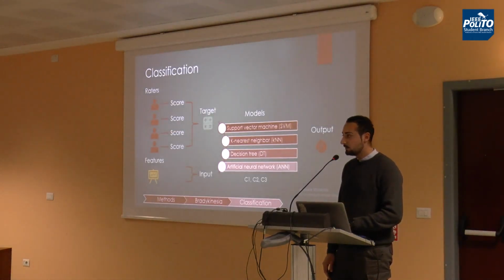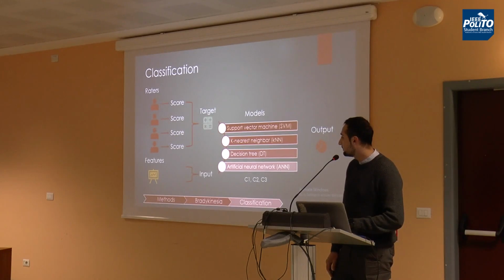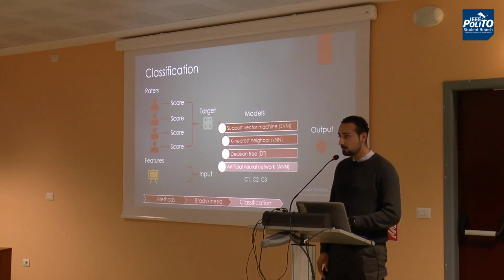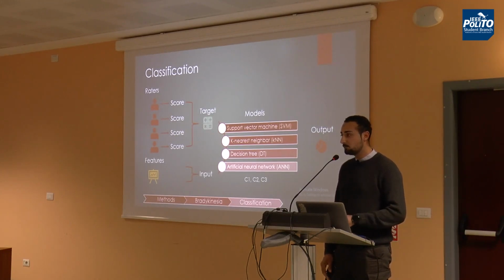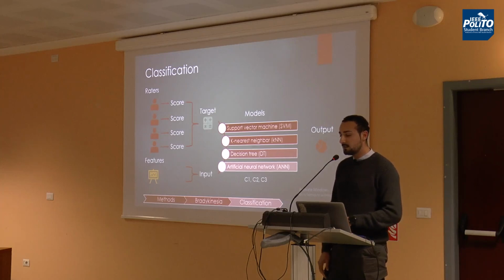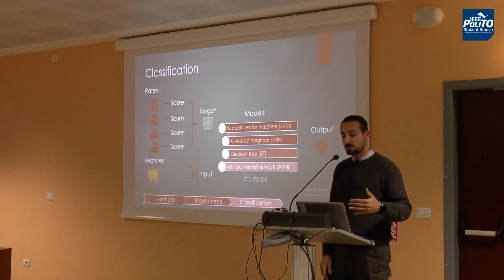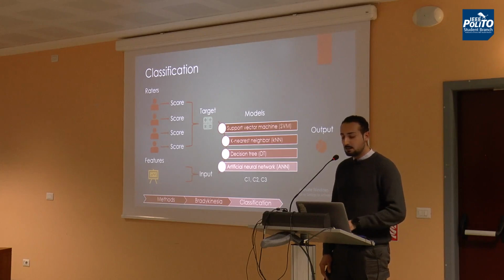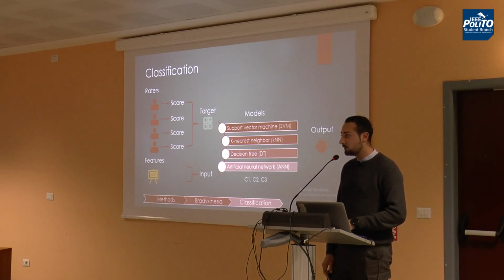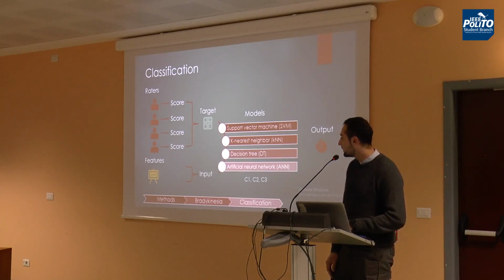So in order to train supervised classification models, you have to provide features as input and also what is the objective, what is the target. So in this case, 4 different clinicians provided the score for each task. So we have 4 different scores. They were combined using the mean. So we have as target the average clinical score. And then different models were trained using this data and the performance were evaluated.